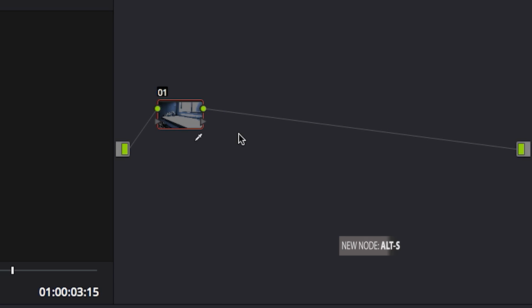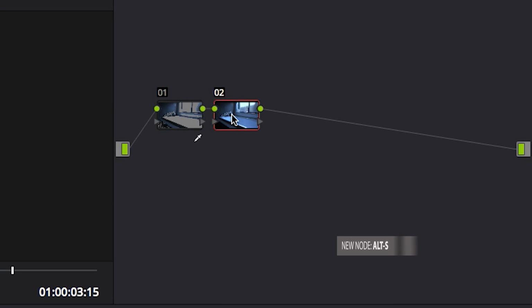You can also do this by pressing Alt-S. But what really are nodes? I guess you can think of nodes as filters. You pass footage through the color adjustment filters, and it outputs the result. It's a bit confusing when I say it like that, but you'll get used to it once we start to